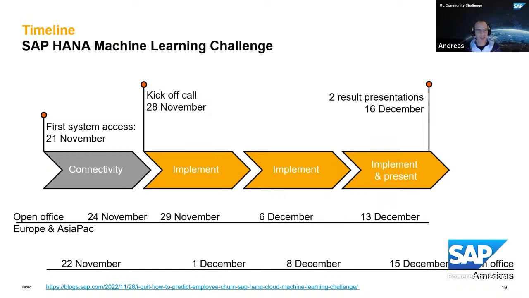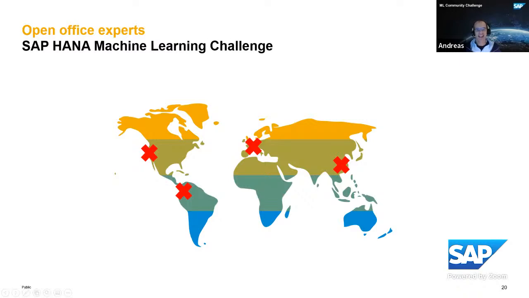The first line that you see at the bottom of the slide is for the European and Asia Pac time zone. And the second line further below is for the Americas, so that everybody has the chance to talk to someone during normal working hours, of course. And you will be supported by a global team of experts that we see on the next slide, Christoph, if you're so kind. Thanks. Here we have experts in North America, in South America, Farouk and Andres. We have experts in Asia Pacific, Raymond, but also the people based in Europe that are in the call at the moment.